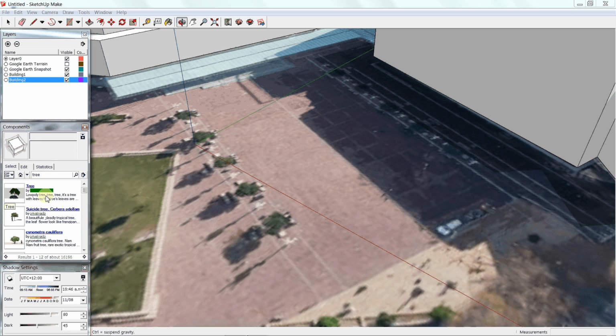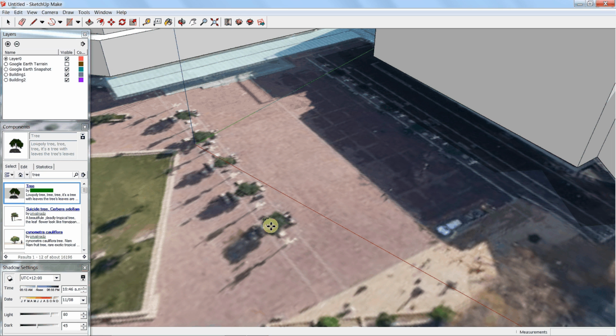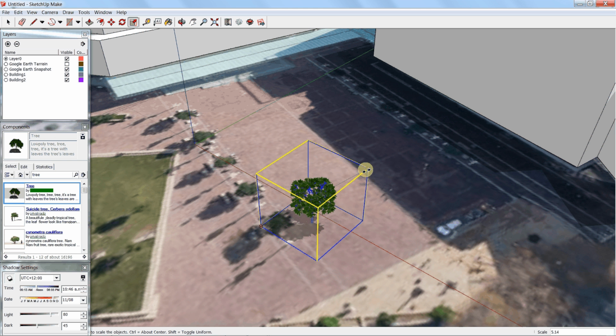And there's a tree, and it will download the tree. Oh dear, that's looking a little bit small, so let's make that bigger. Again, we have a tool at our disposal for that. If we hover our mouse over that tool, we'll see it say Scale. If I click it, I can click on the diagonal corners and I can scale that up to what I think is a reasonable size